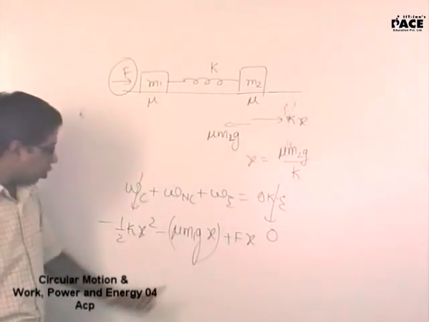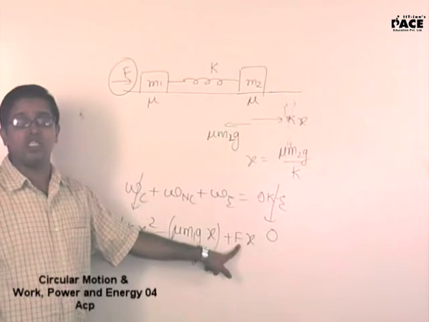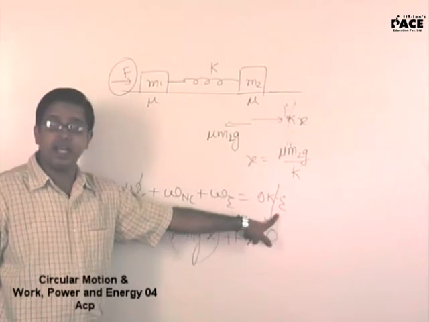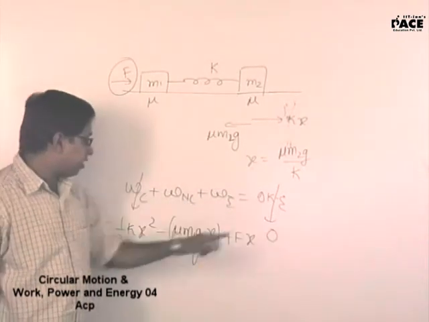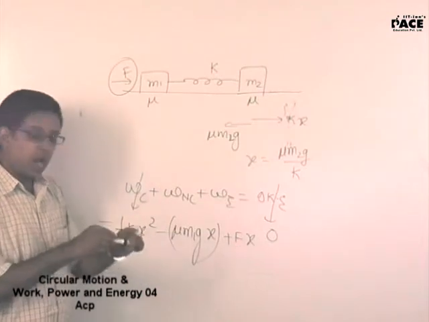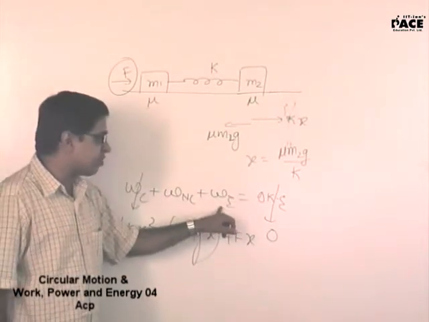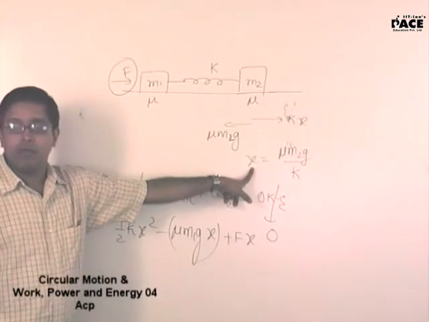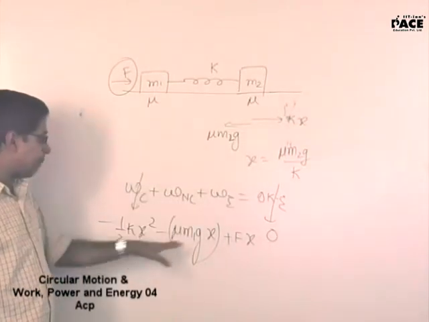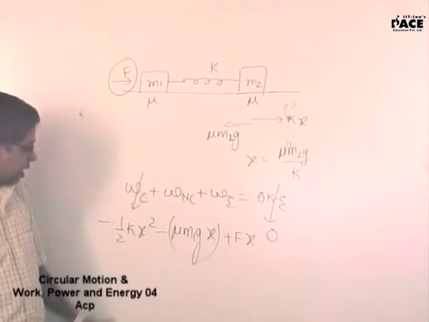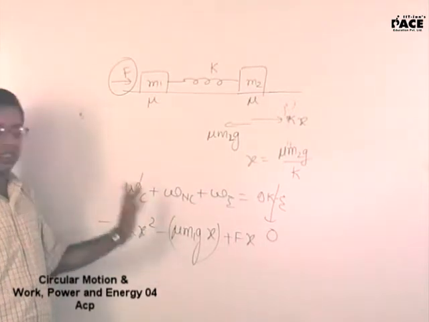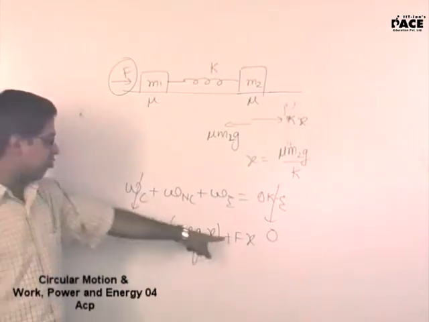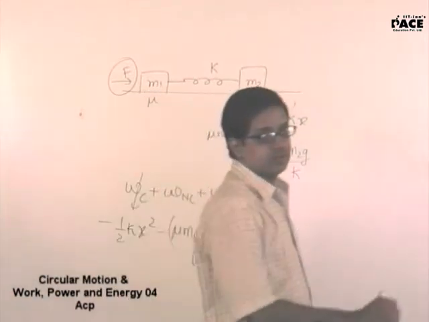Equate it to zero. What makes you feel that this force is minimum? Because the kinetic energy change is zero. Then why do you say so? I have spent the minimum amount of external work to achieve this displacement. And why is that minimum? These both are compulsory expenditures for me. I cannot avoid the compression in the spring and the work done by friction. Hence this force will be the minimum force.